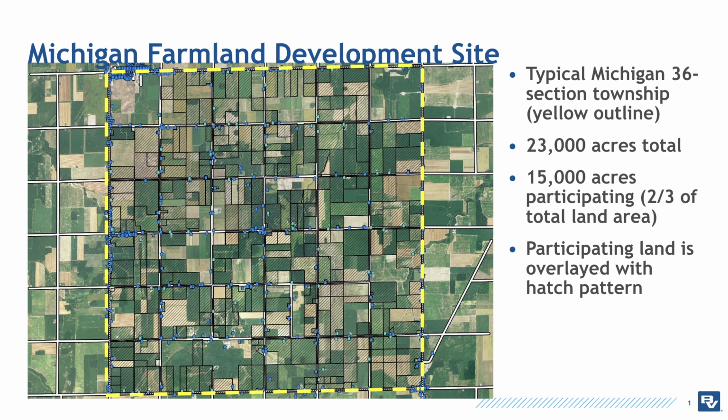Here I have an example site. So this is a wind farm in Michigan, a real site. And I've just pulled a subset of the site out, and it's just one township. So it's 36 square miles, one township, and about 2/3 of landowners are participants in the project. And what I'm going to walk through is the typical setbacks that we would apply to a project of this type to come from the total site, bare earth, no constraints,